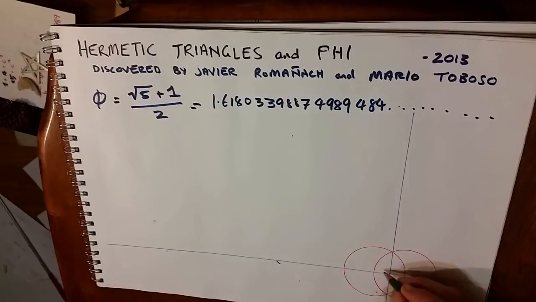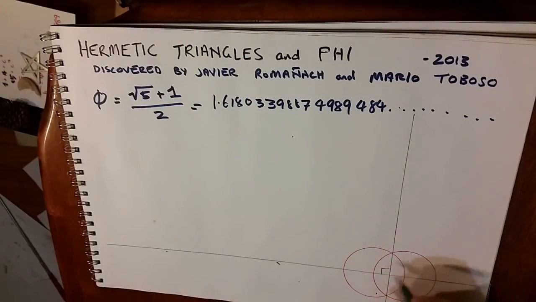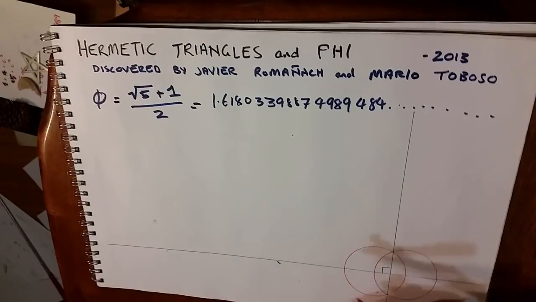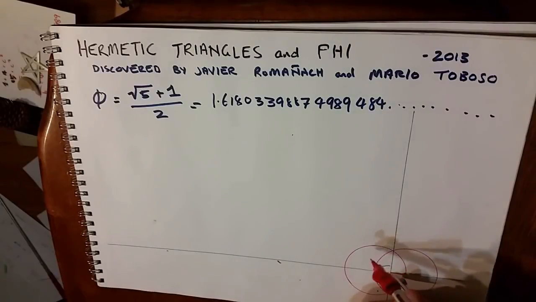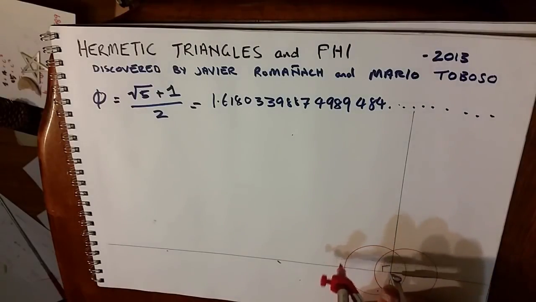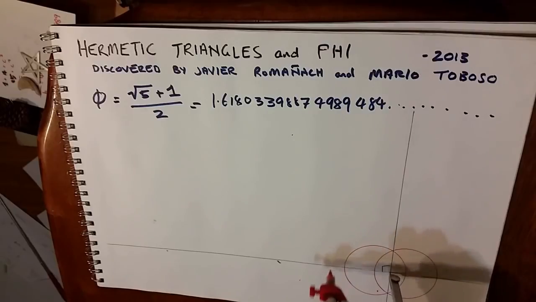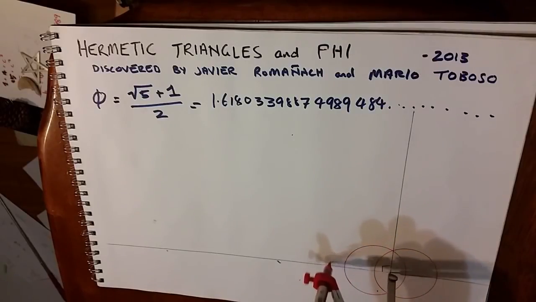And now we've created a 90-degree angle, and we're going to use this as the frame to build a right angle triangle. A very simple one. I'm just going to separate it from the vesica. We're going to call,